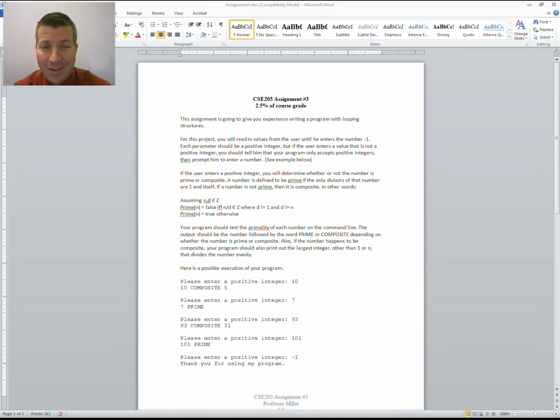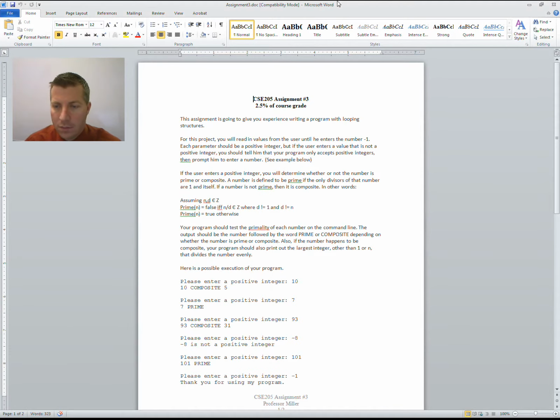If the user does not enter a positive integer, you're just going to prompt the user again and say that was not a positive integer and ask them to enter another one. Okay, and if the user does enter a positive integer, you are going to determine whether that number is prime